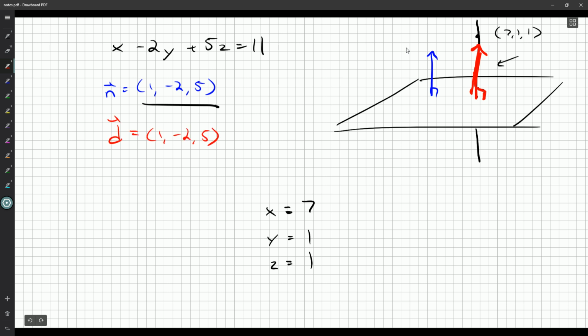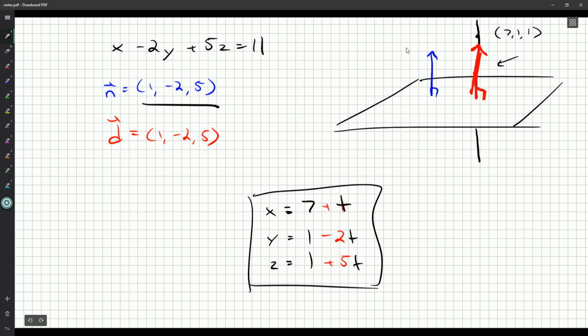Okay, the direction vector needs to be perpendicular to the plane. I know that this normal is perpendicular to the plane, and now its coordinates become the coefficients for t. So we get 7 plus 1t, 1 minus 2t, and 1 plus 5t, and there is a fantastic parametric form